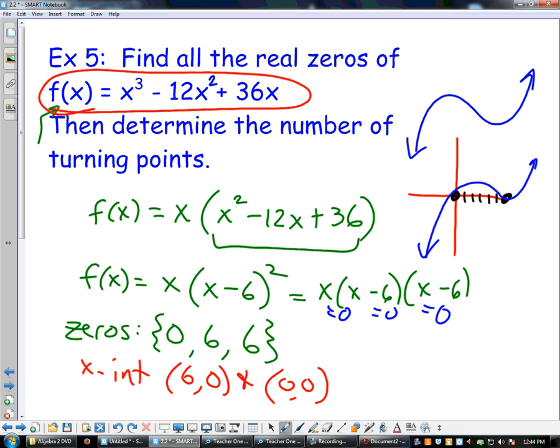Is there a difference in the function where we have 0 and where we have 6? 6 is occurring twice, right? Because 6 occurs as a 0 twice, that means that x-intercept is going to be, the graph's going to bounce at that point. All right, and we're going to get to that also, where if the degree on that factor is even, it's going to bounce. If the degree is odd, it's going to cross through. All right,